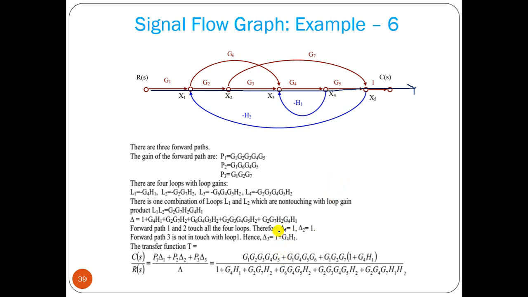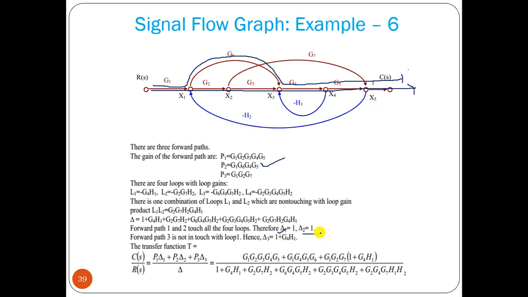Now delta 2 means this is the loop G1, G6, and this is your forward path 2. Now you can see this is the common node, and this is touching with all these nodes. So forward path 2 also touching with all the individual loops,